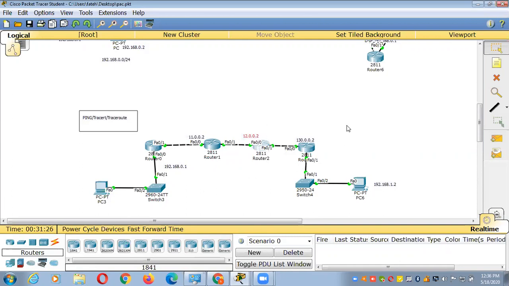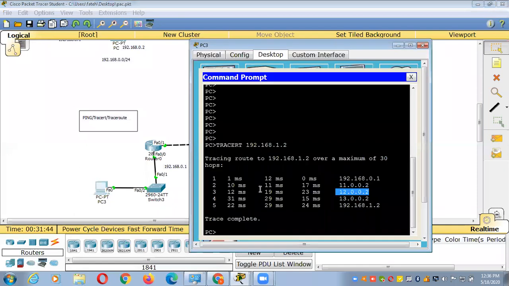Sir, how will we know if the problem is in that particular router itself? See, if you're checking connectivity from here to here, I have two offices: one office is in Delhi, and one office is in Mumbai. If somebody complains that they're not reachable to Mumbai, you run this command.